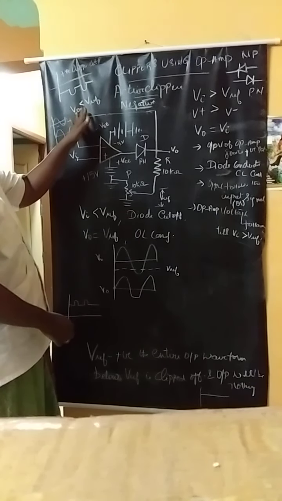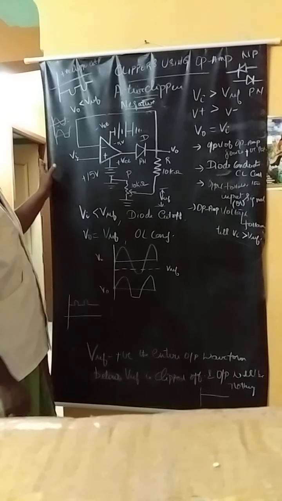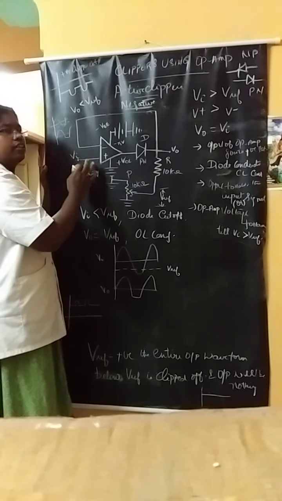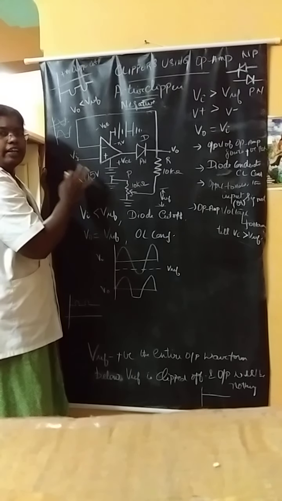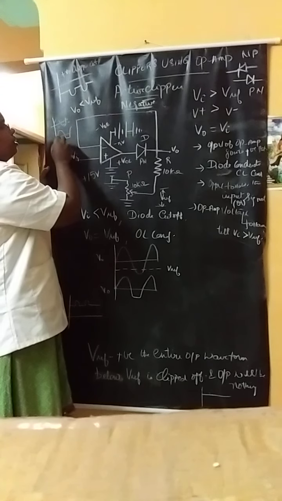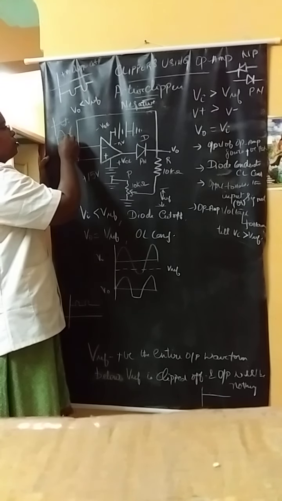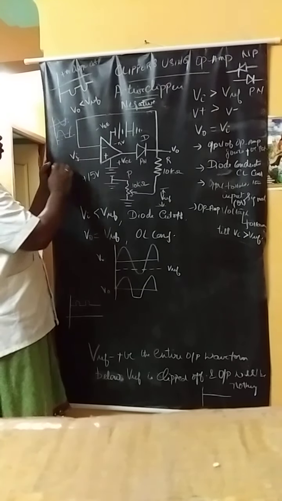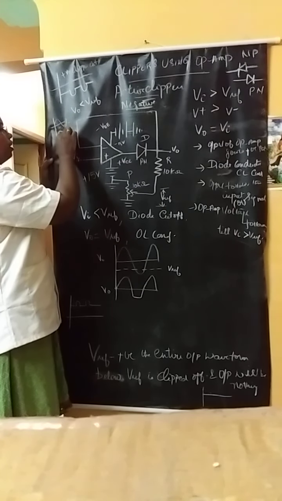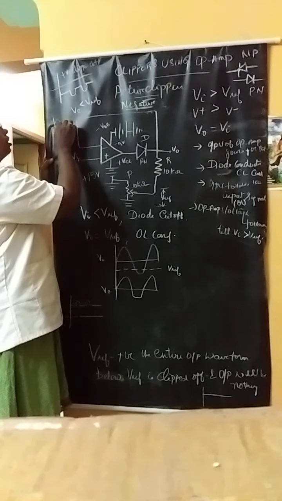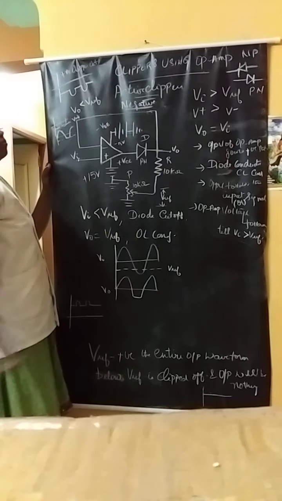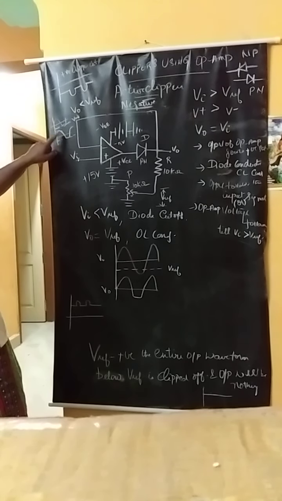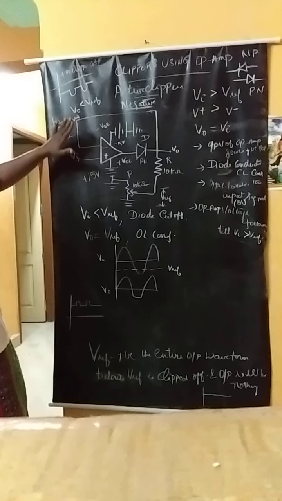When the output voltage is lesser than the reference voltage, the negative portion, this works in the negative half cycle. This negative clipper works in the negative half cycle. Therefore, when the output voltage is lesser than the reference voltage, this portion is clipped off. So, what will be the output voltage? This will be the output voltage if this is the reference voltage. Can you understand what I am saying?